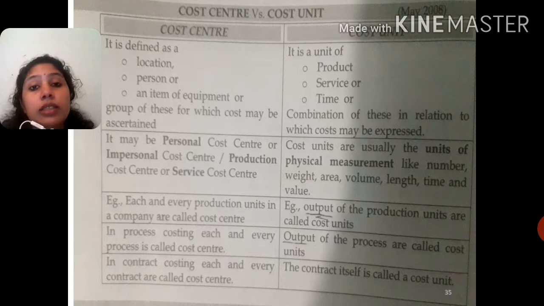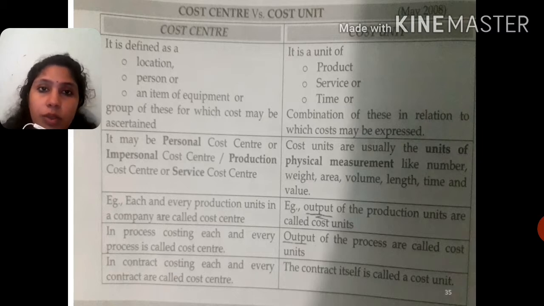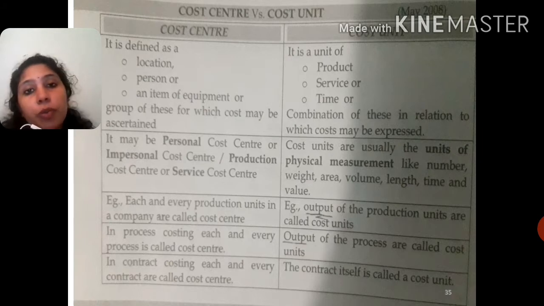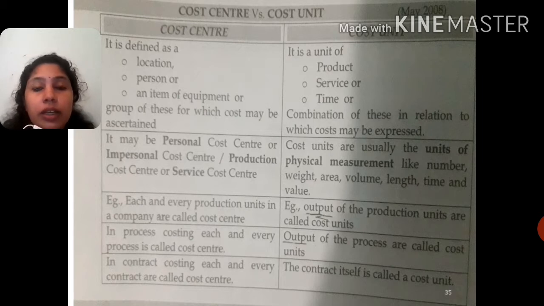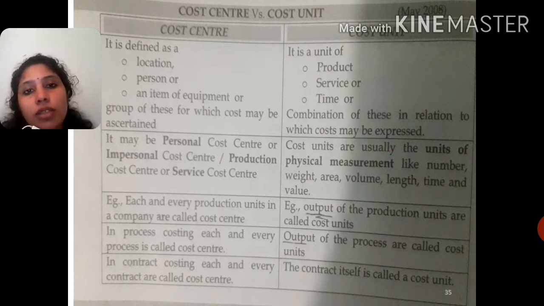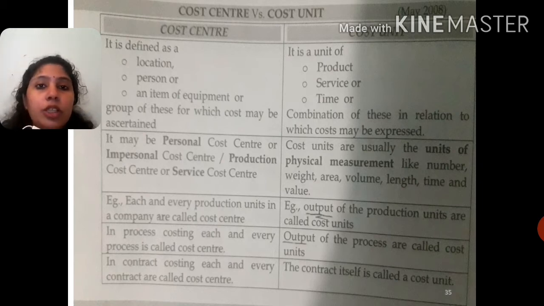Consider our first video, the cloth industry. The raw material is the cloth, and the finished good is the shirt. So shirt can be counted in numbers, one shirt, one number of shirt. So the cost unit is number. One bundle of shirts, so bundle is also a cost unit, and a bundle can contain many numbers of shirts. And we watched one more video, the sugar industry.